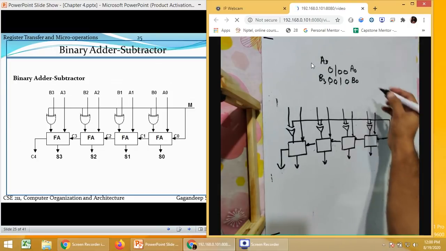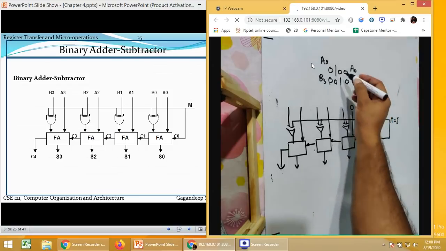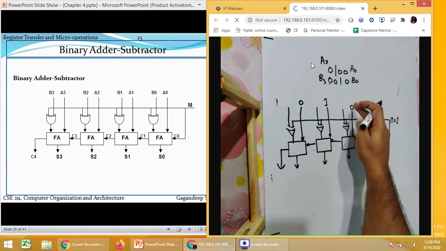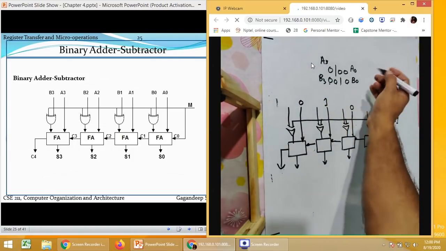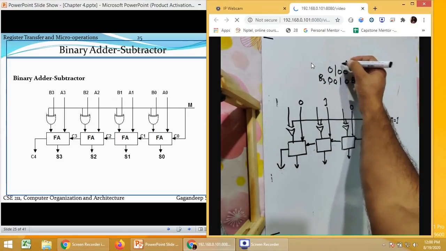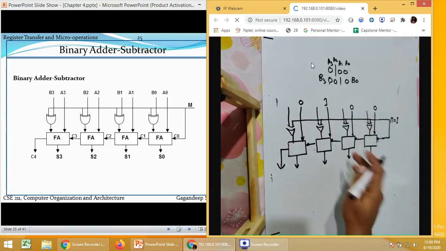So let us start from this value 0, 0, 1, 0, 0, 0, 1, 0. This is just these four values A naught, A1, A2, and A3.